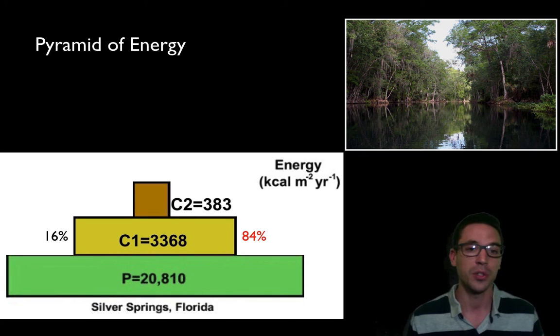At the secondary consumer, we might find that only 383 kcals of energy transferred. Again, you should be able to calculate that, so go ahead and pause it and see what you get. What you should have found was that about 11% of that energy transferred, which means 89% was lost, and hopefully